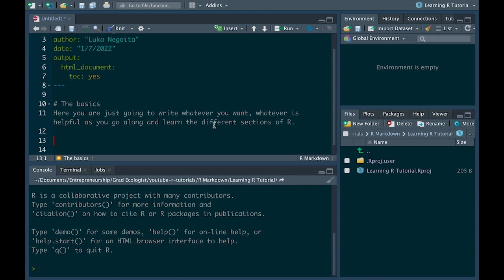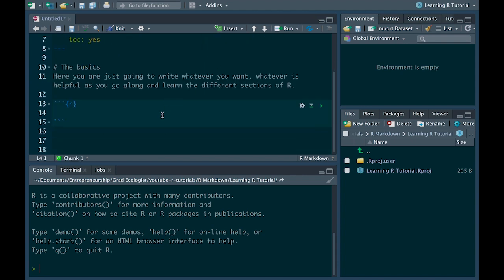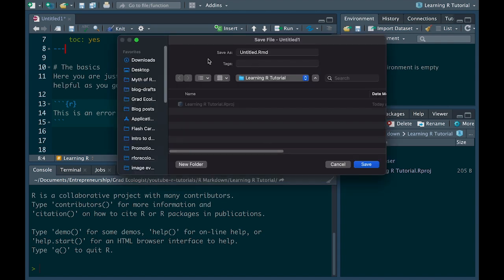If you're running into an issue where you're getting an error, you can actually keep that. There's probably a fancy way of doing it. For now, let's just say we've got a code here. This is an error. So if we try to knit this, you'll see it won't let us knit it. Oh, look, when we click knit, it wants us to save this file first. We hadn't saved it yet. So we're just going to call this learning R.